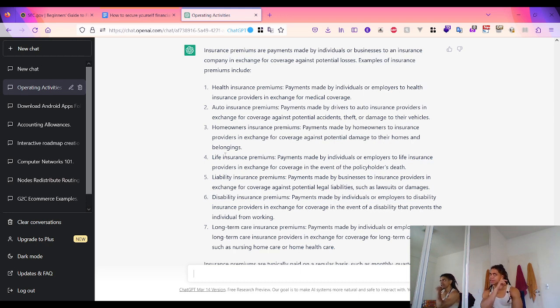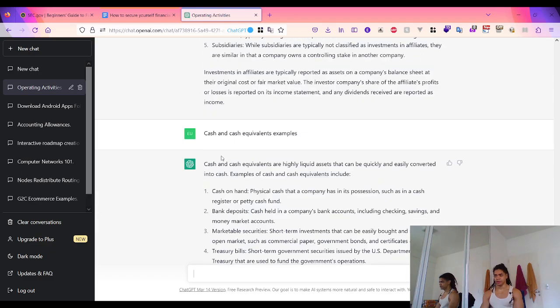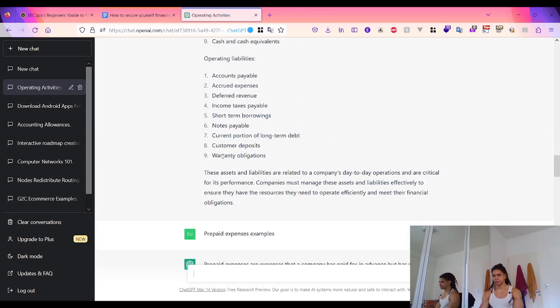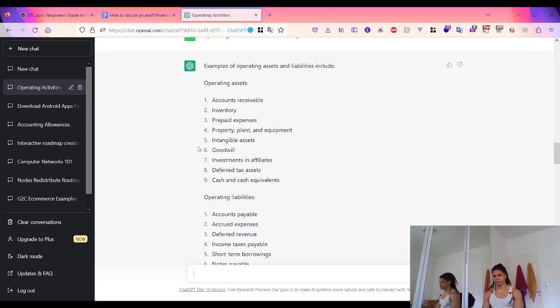Okay, again, this is one of the examples of prepaid expense. Insurance premium such as health insurance, auto, homeowners, life, liabilities, disabilities, or long-term care. Interesting. Okay, in prepaid expense, so insurance premium,